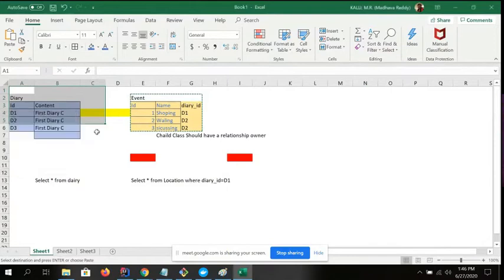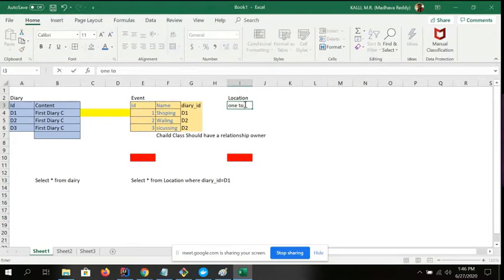Second thing is D1, D2, and D3, and these are the entries we are giving. Here the event and the location tables are there already. Location is a one-to-one relationship, as we already discussed, and event is a one-to-many relationship.